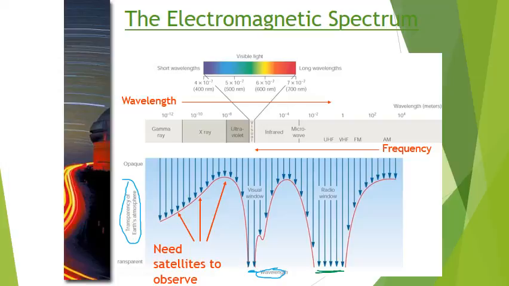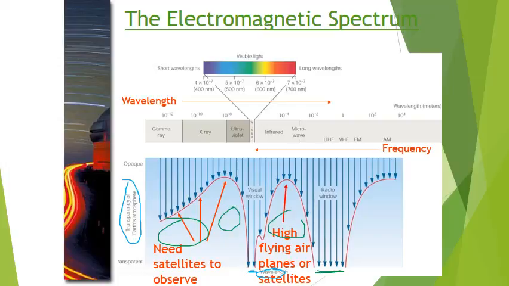If you look at the gamma rays and X-rays, this part of the spectrum down here, all that stuff gets blocked out by the atmosphere. Even into the ultraviolet gets blocked out. Most of the infrared blocked out. Most of the radio wavelengths get blocked out as well. But there are only a couple of windows where that information can actually reach the surface of the Earth.